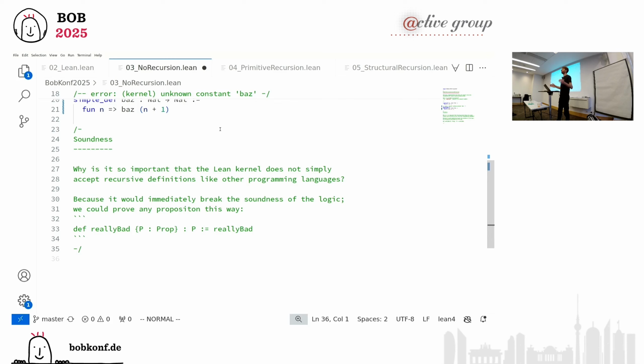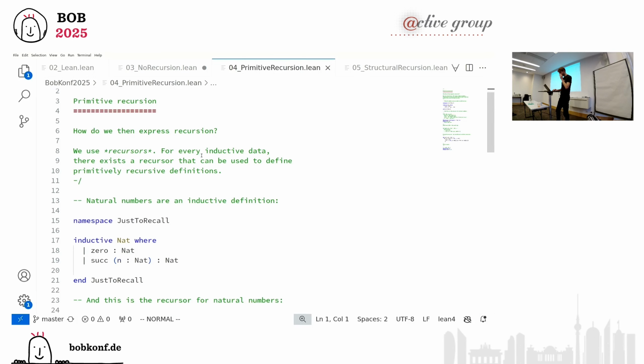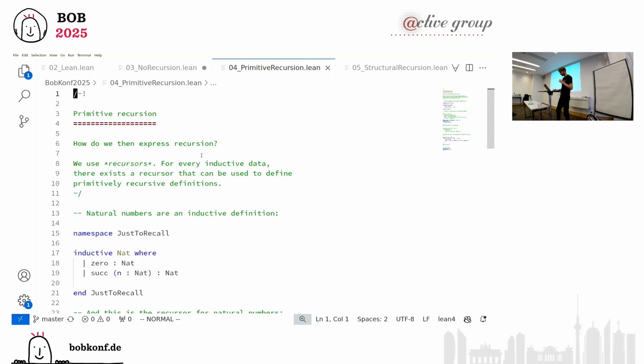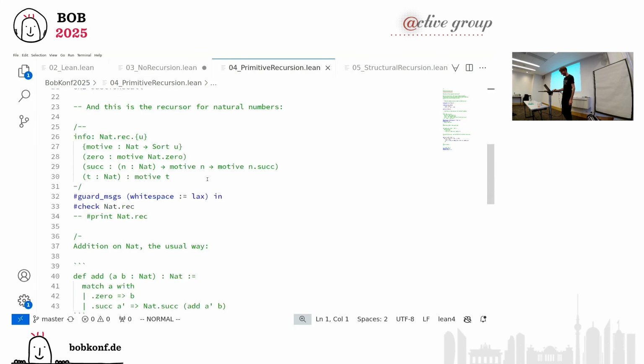But then how do we define the recursive things? I mean, we want to define recursive functions, clearly. So maybe actually I'll reorder this. Quick recap, most of you will have seen it. Who has seen this definition of natural numbers before? Okay, inductive definition of natural numbers, that's how we define them in Lean. That's fine. Sorry, Julius, I'll explain it to you later.